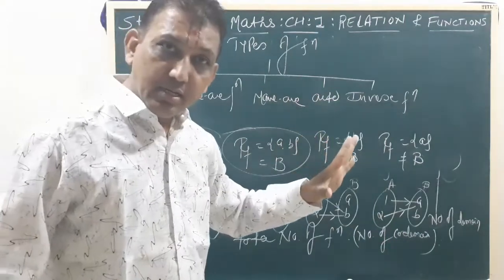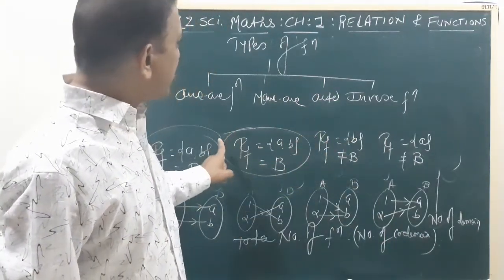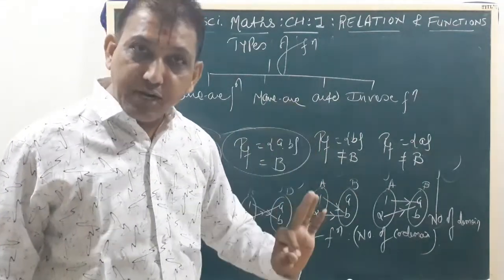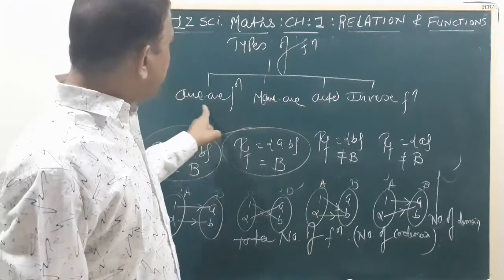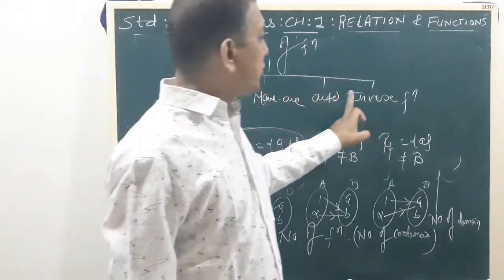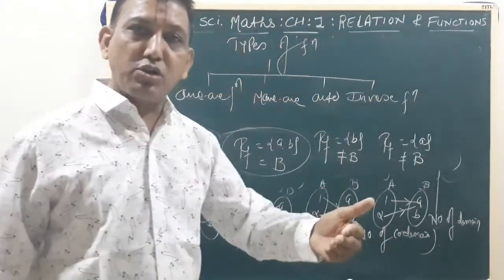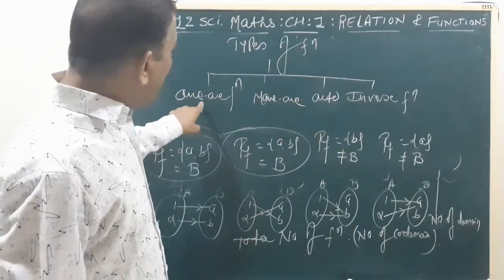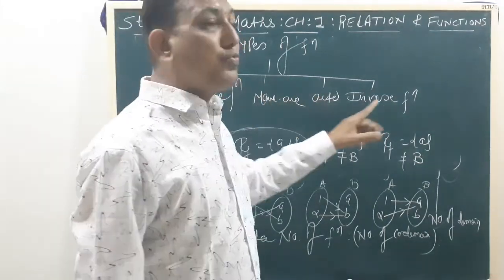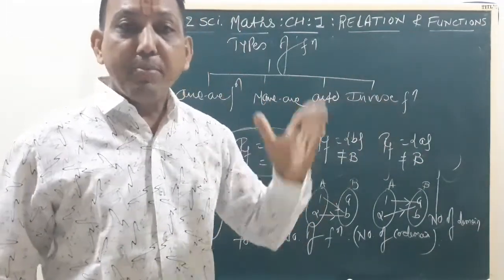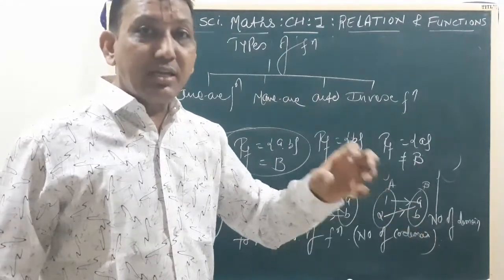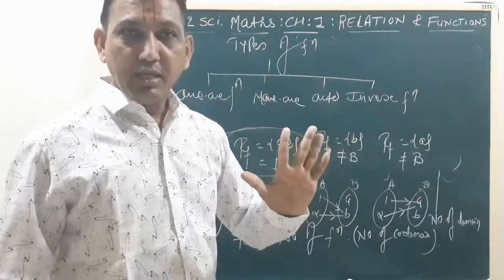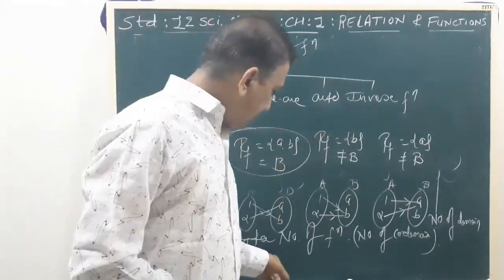Is it clear? So in this lecture we discuss the number of relations, the total number of relations, the number of functions, the total number of functions, and the types of function: one-one, many-one, and onto. The inverse function we will discuss in the next topic, in the next lecture. Also, we prove the one-one function and onto function, the total number of functions, and how it is possible. We also give the formula. Is that clear? Okay.